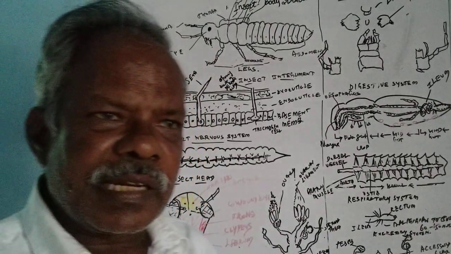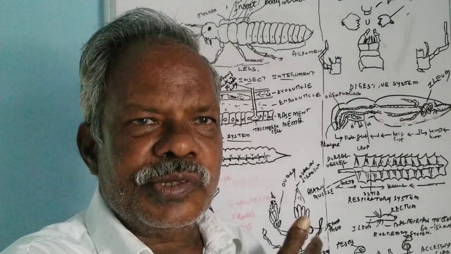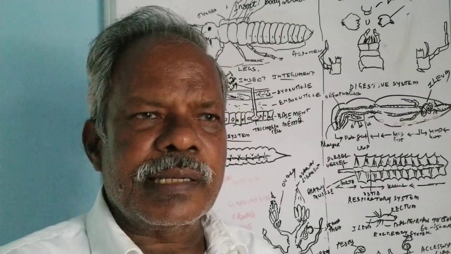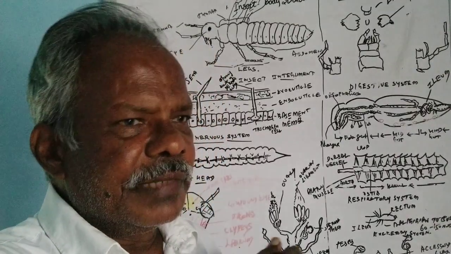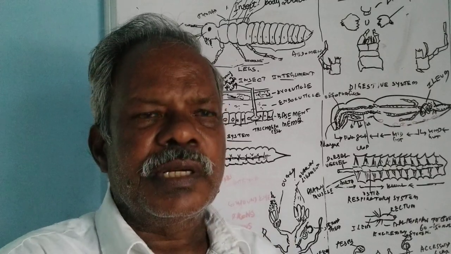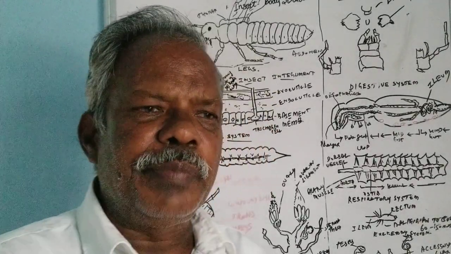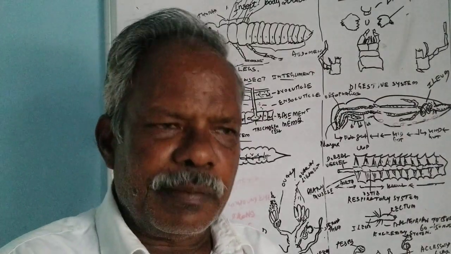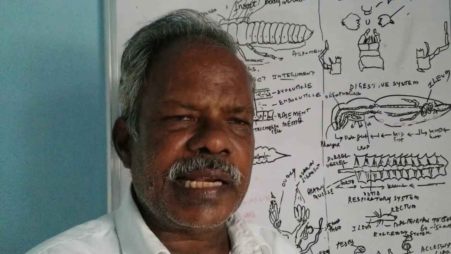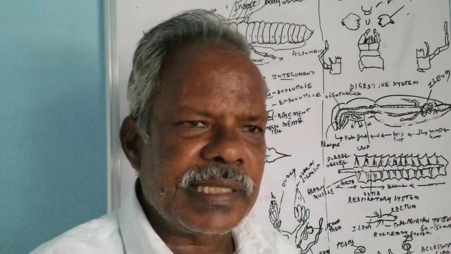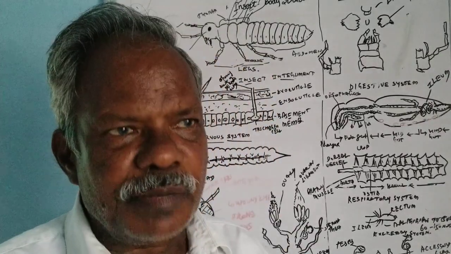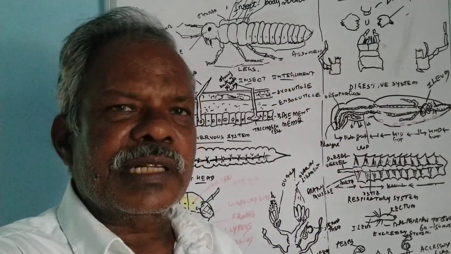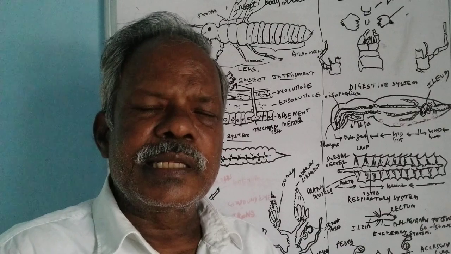A lot of diseases are also transmitted by insects. So insects are also acting as vectors. So we can control the insects also, and there is a lot of economic importance. Some of the insects also help us, for example, the bee, that is, pollination is performed by the bee, and also the honey is collected from the bee. Silkworm, that is, the silk is obtained from the silkworm. So for understanding economic importance, we should study all this insect anatomy, so that we can have a better knowledge of the insect.